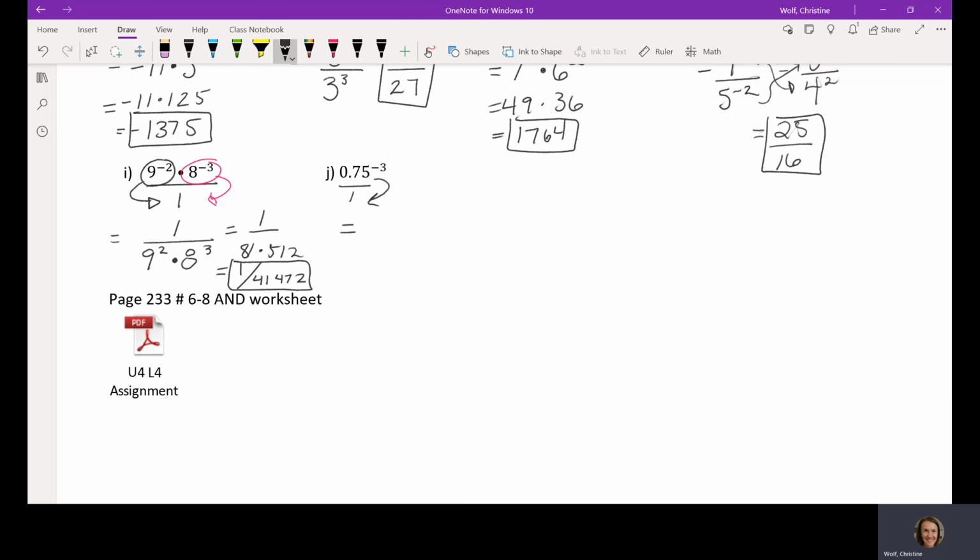It needs to be sent down to the denominator. So I have my fraction line. The 0.75 heads down and the 3 becomes positive. And because I removed everything from the top, I have to have that placeholder. And so all you do on your calculator is go 0.75 times 0.75 times 0.75, and you get a nasty old decimal,